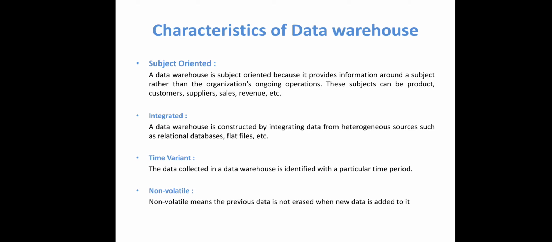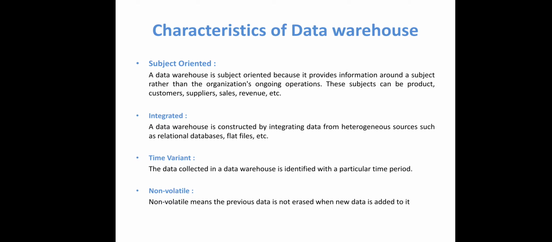Okay. So we can say that relevant data about the subject is gathered and stored in a single set in a useful format. So it is not going to show you ongoing operations on that data. The data warehouse is organized around a major subject, that can be a customer, a vendor, a product, or an activity. So the alignment around those subject areas affects the design and implementation of the data found in our data warehouse. So that is subject oriented, that means the specific data that we need. It should not show you all the data or all the operations which are working on that data warehouse.